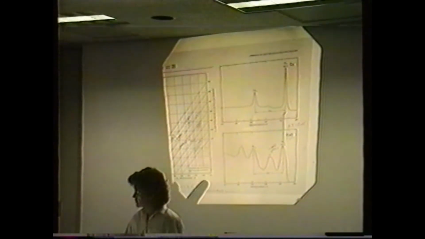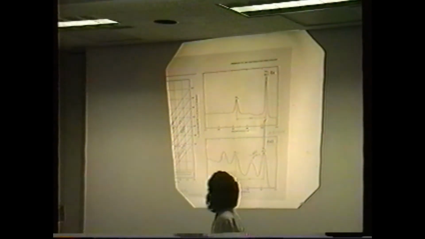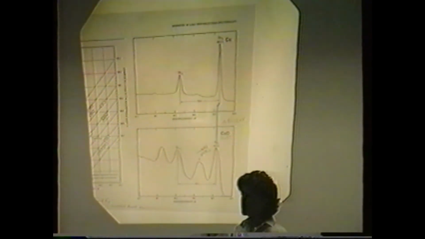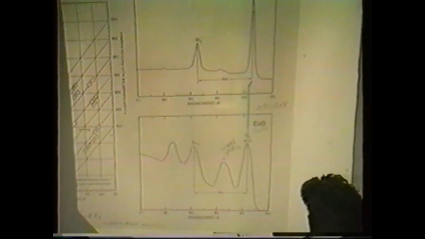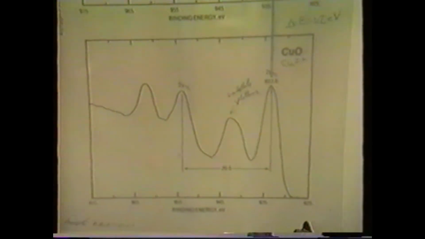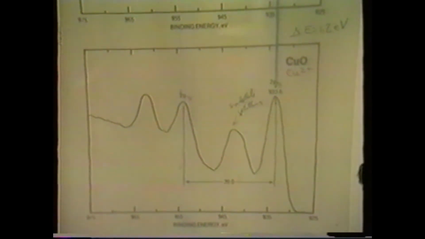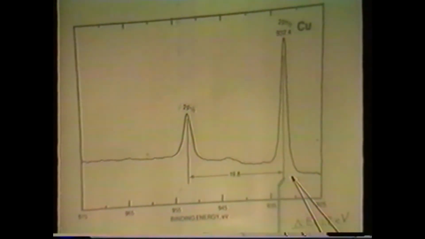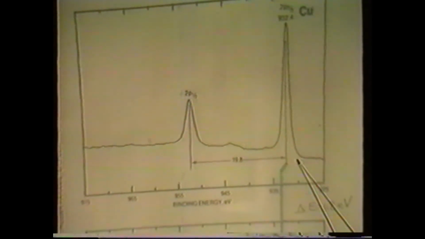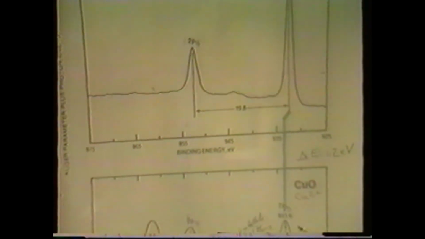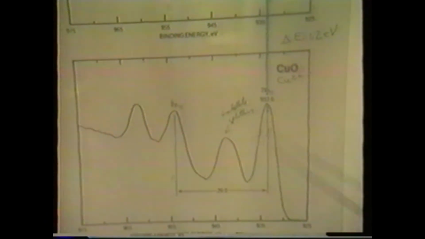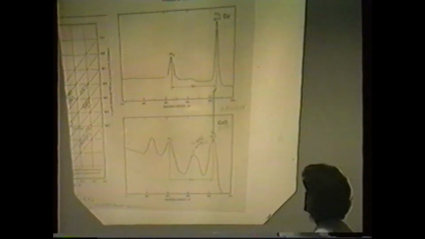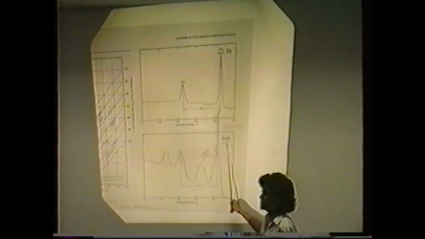This is a slide taken yesterday from a lecture. We see here that by plotting binding energy, which is just the amount of energy that it takes to release the electron from a 2s valence level or 1s valence level. Right here, we have the binding energy of copper is 932.4. And down here, the binding energy for copper oxide is 933.6. And although the difference in energy levels is small, we're able to distinguish that this is copper 2 plus,